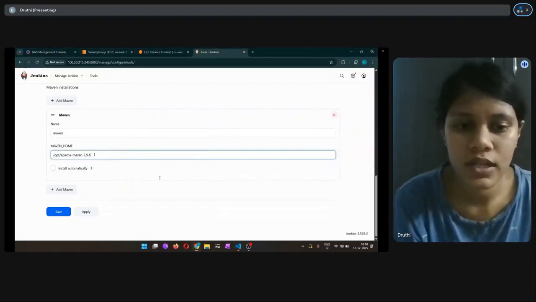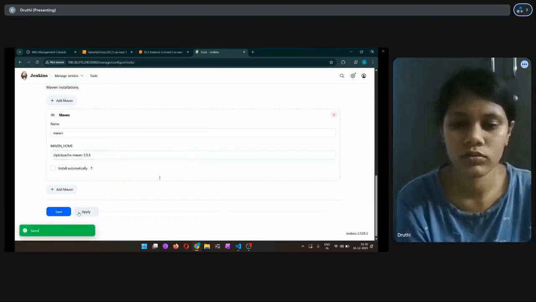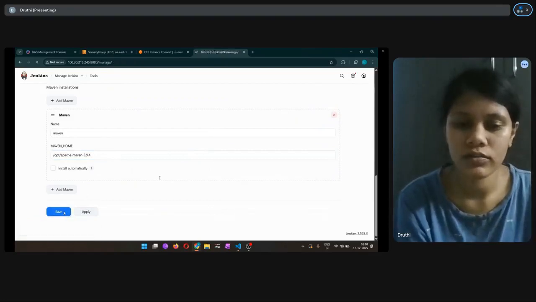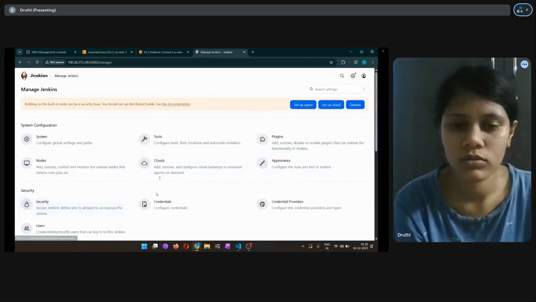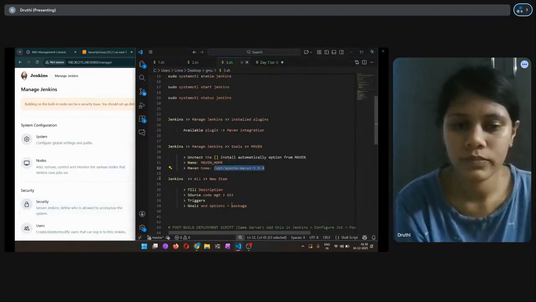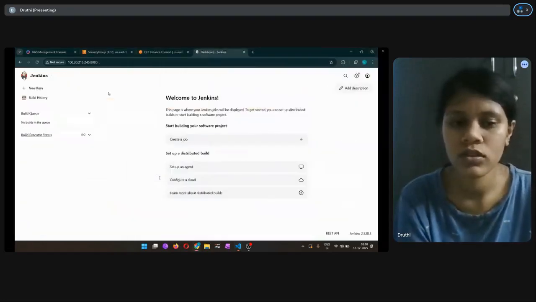So give a description, and then we open the Git repo. You have saved it, and then we are opening the Git repo and copying the URL of it.